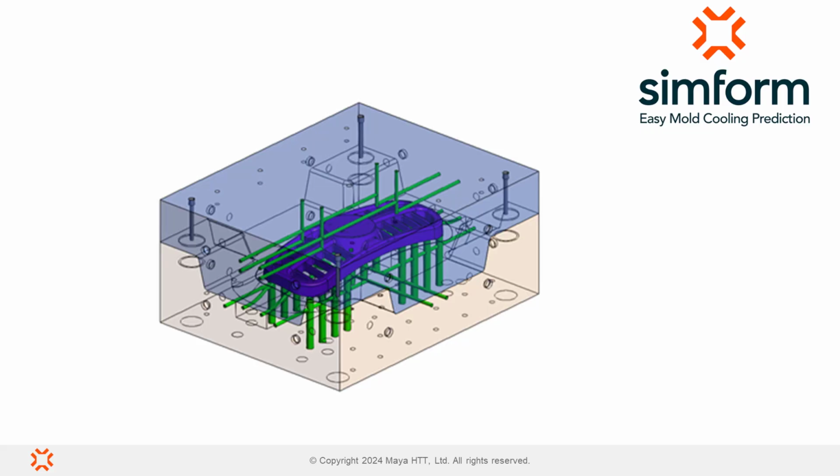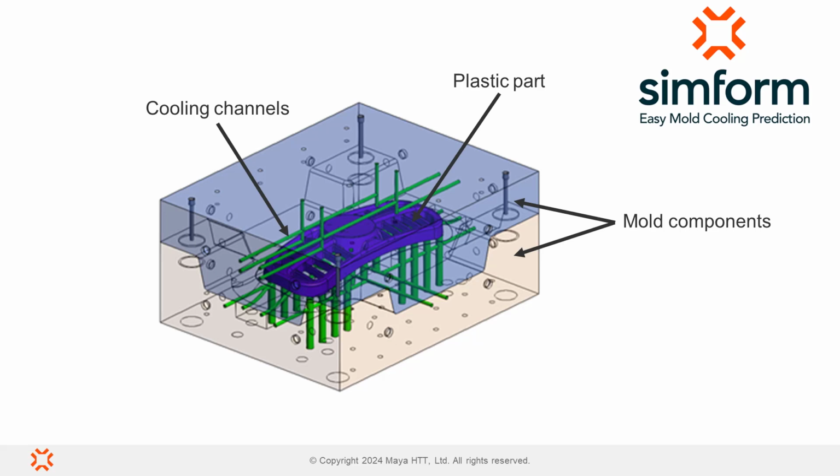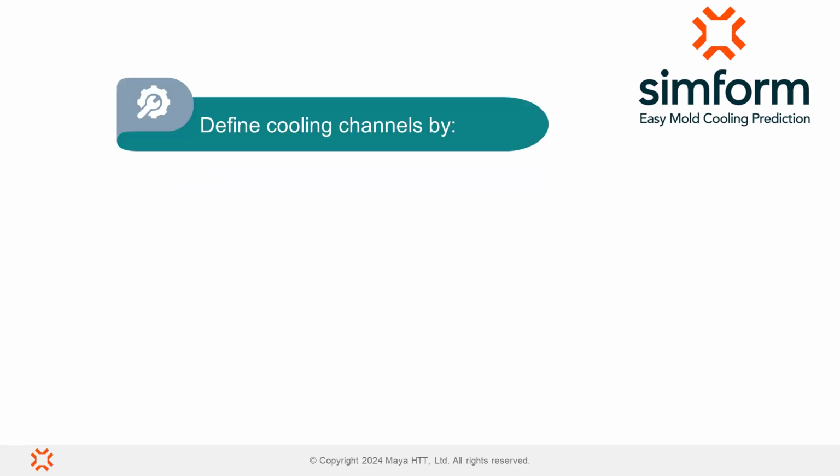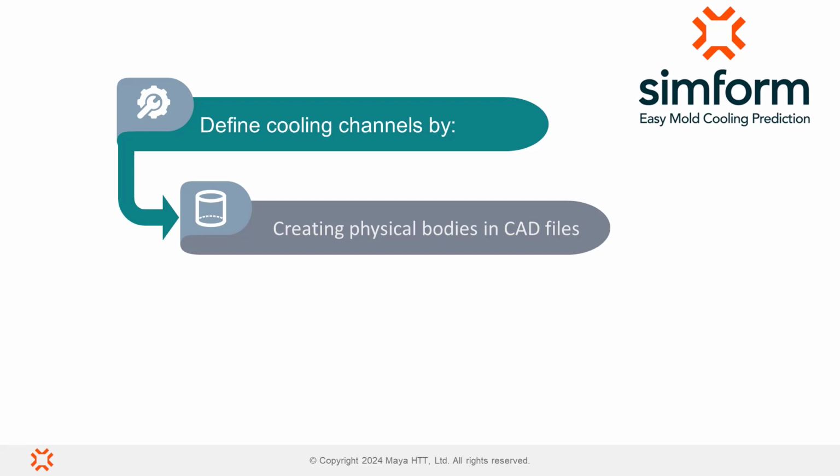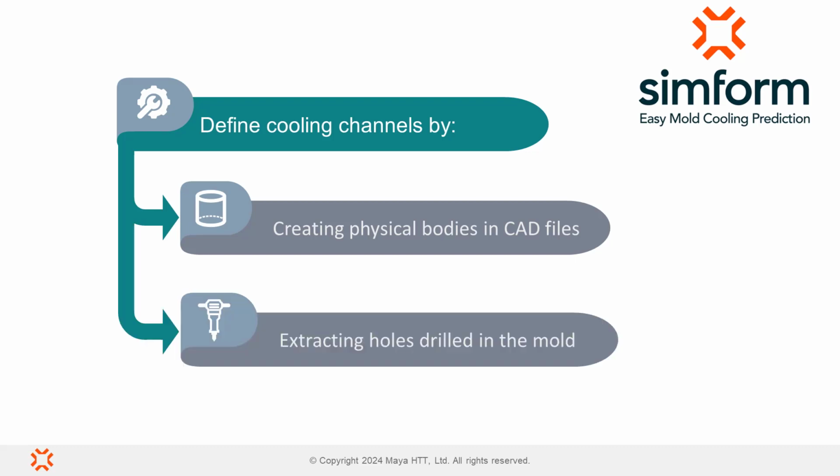To conduct thermal analysis on your mold design in SimForm, you must define the different components of your mold. This enables the software to identify the mold components, plastic parts, and channels. SimForm allows you to define the cooling channels in your mold by using physical bodies in CAD files or by extracting cooling channels directly from the mold using SimForm's face-based extraction feature. This eliminates the need to create the explicit physical representations of the cooling lines and optimizes the overall design process